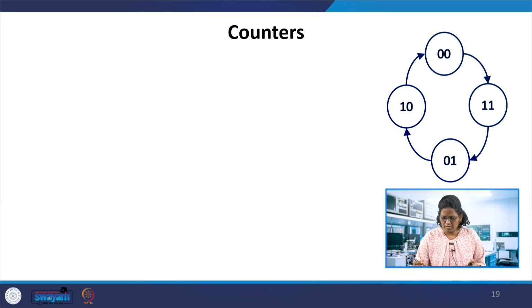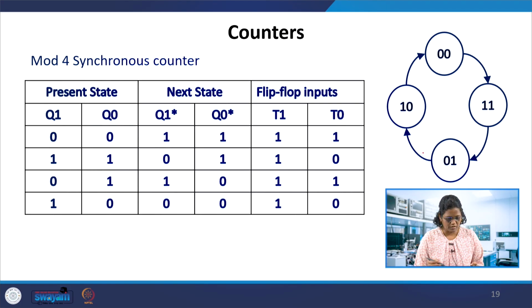If that is not in the order 0 0, 0 1, 1 0, 1 1, and is in a random fashion, where you want to move from one state to another, then the mod 4 counter can be any 4 states. Initially we made it 0 0 with the next state 0 1. Now we change the next state to 1 1 instead of 0 1. From present state 1 1 the next state is 0 1, and from present state 0 1 the next state is 1 0. So just put the random states, then 1 0, and then go back to 0 0.